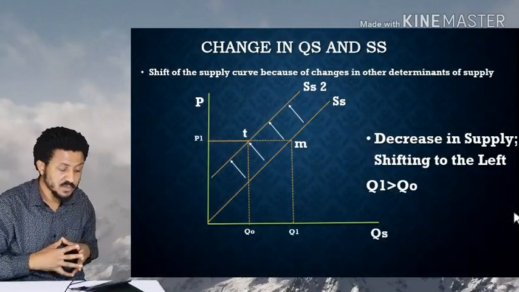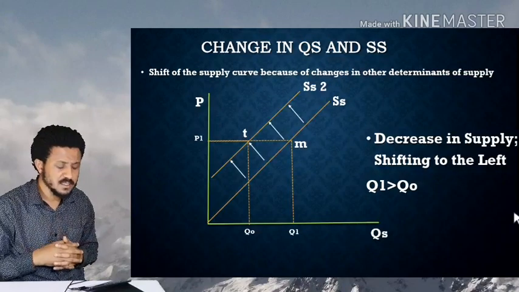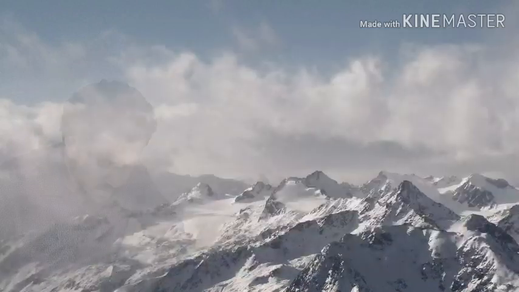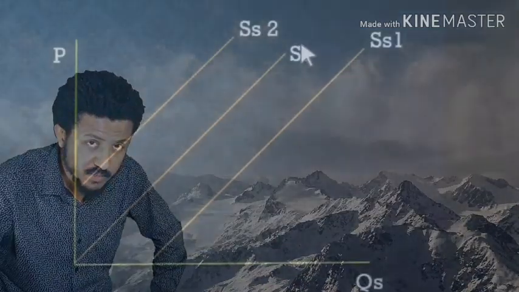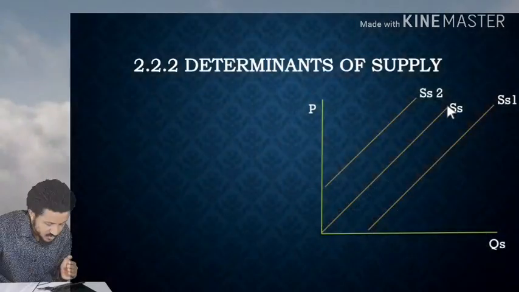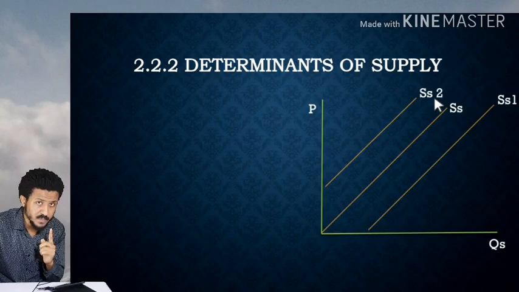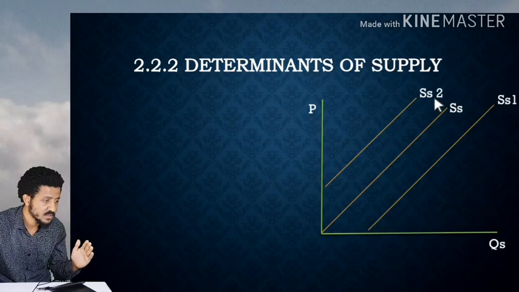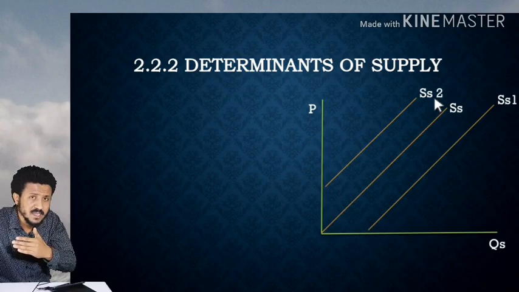ስለዚህ this is a scenario now I think። ታዲያ ይሄንን ሰፕላይ ከርቭን ወደዛ የሚወስዱት እነማን ናቸው የሚባሉት እነማን ናቸው? they are other determinants of supply ማለት ነው። So let's say this is the middle one, ይሄ መሃል ላይ ያለው is original supply curve። ከዛ if we say supply increase ከተባለ we go to a supply curve 1, ወደዚህ shift እናደርጋለን። if we say supply decrease አደረገ ከተባለ we are moving to a curve SS2 እንሄዳለን ማለት ነው። ስለዚህ other determinantዎቹ ጨመሩት ሲባል ወደ SS1, ቀነሱት ሲባል ወደ SS2 እንደምንሄድ you have to remember that supply decrease to the left shift ነው, supply increase to the right shift ነው, okay።